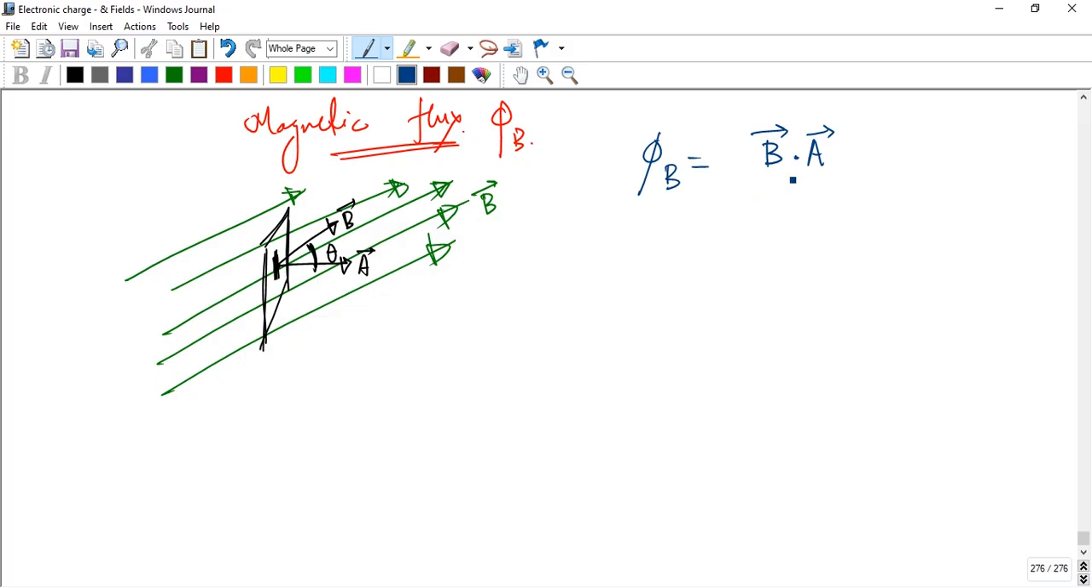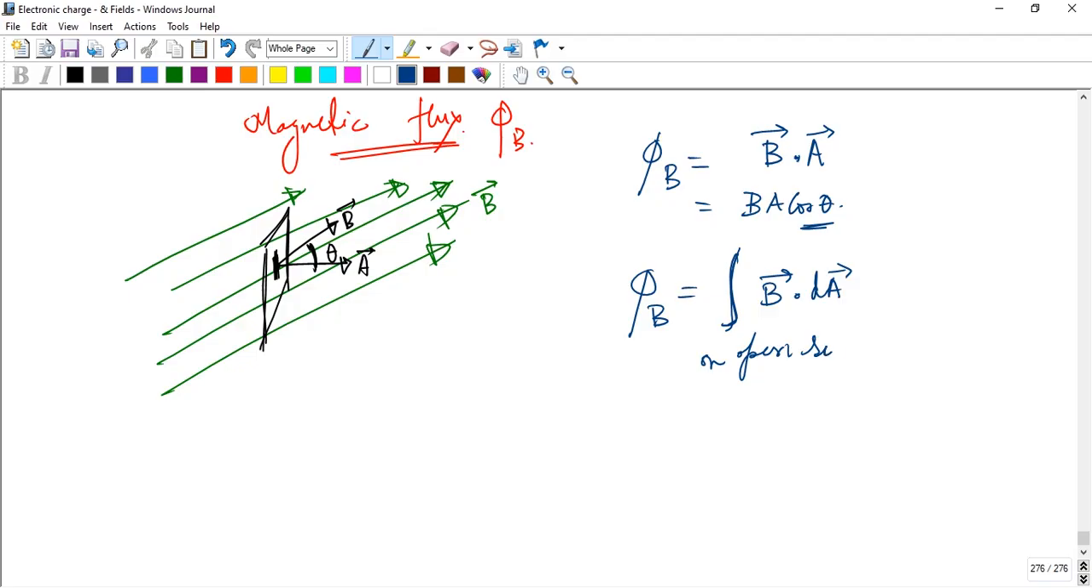Okay, the phi B is B dot A. So finally we get B A cos theta, due to that dot product we get cos theta. Okay, and phi B is the integration of B dot dA, and this integration is on